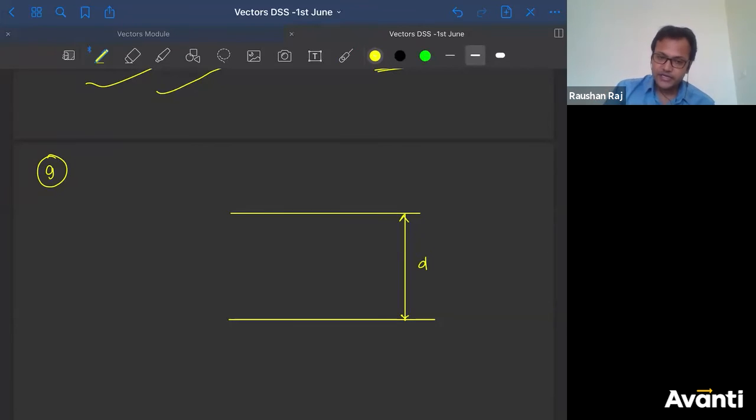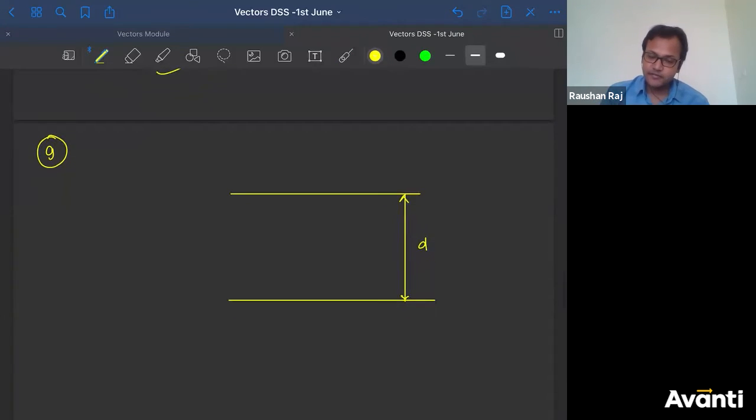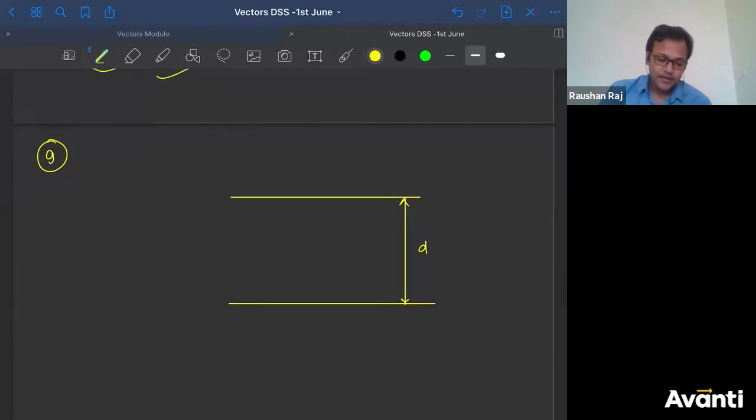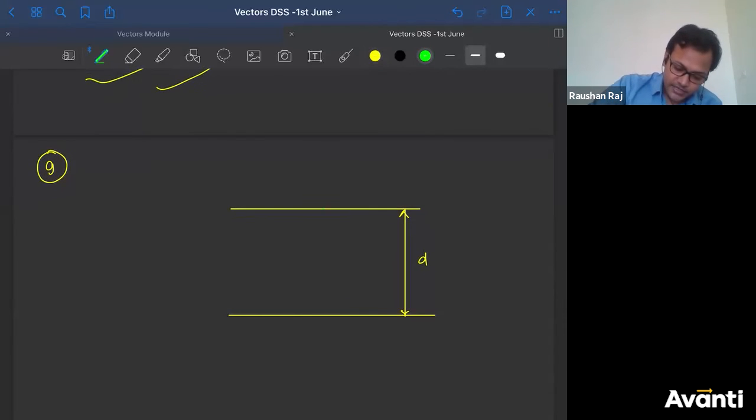And there are two particles of mass m and velocity v. Each of them has mass m and velocity v, and they are moving in opposite directions. Like this. So this is particle 1. This is particle 2. That's it.